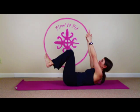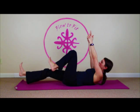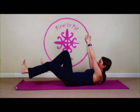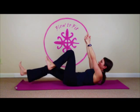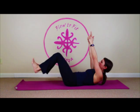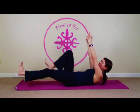All right, so lifting the head and shoulders, reach up and stretch up, push your foot down. Doesn't matter which one, and then we're going to switch. Keep that belly pressed in. 1, 2. Really push those heels down. 3, 4, and reach. 5, 6, 7, nice and low and slow. 8, 9, 10. 10 more. 10,